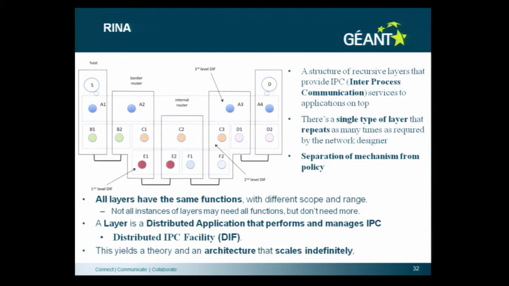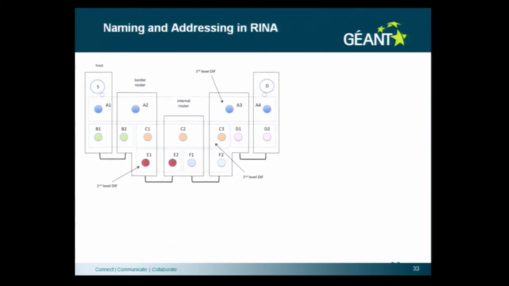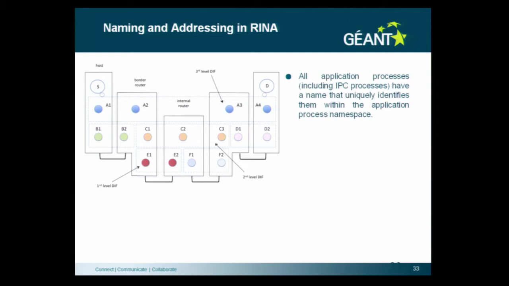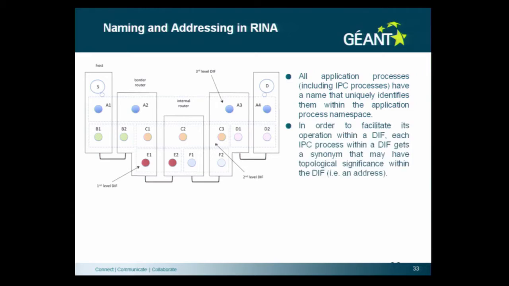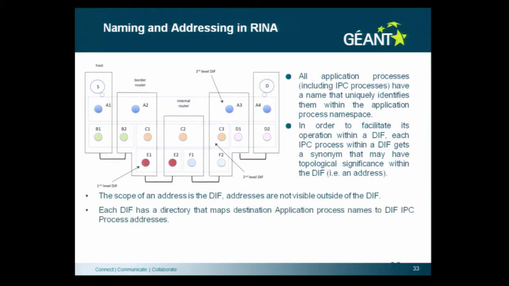If you do an implementation, you have resources to take into account. So the naming and the addressing takes into account all the limitations and observations that we made before. The scope of addresses is inside the DIF. You have an address range which is per layer. No other layer knows what your address space is, what your namespace is, and how you are using it. It doesn't really matter to layers on top or layers below.